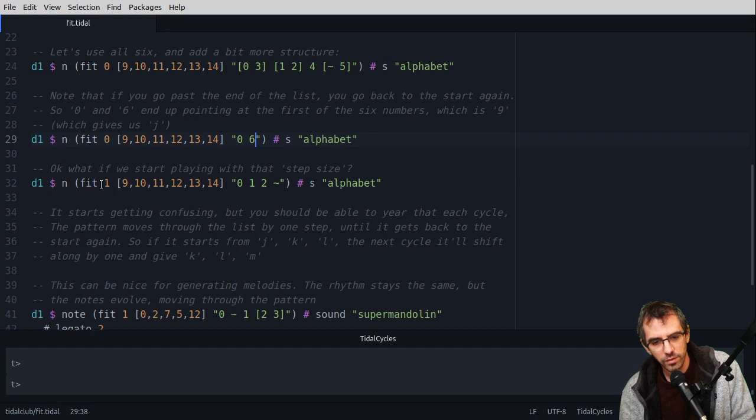Okay. So what does this number 1 do? So again, let's just start with it at 0. JKL. JKL. JKL. So that's just picking JKL, but if we put 1 there, then each cycle it'll add 1 to the offset that it's using to pick things from this list. So the first time round it'll pick JKL, but then the next time round it'll offset by 1, so it'll start counting here and go KLM.